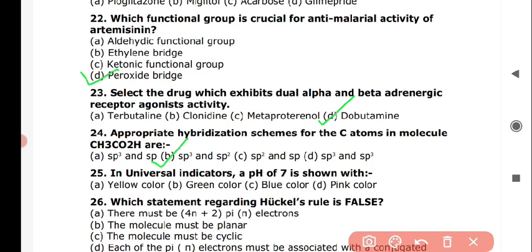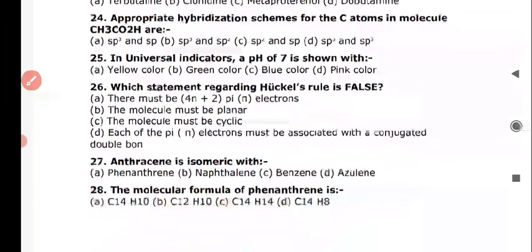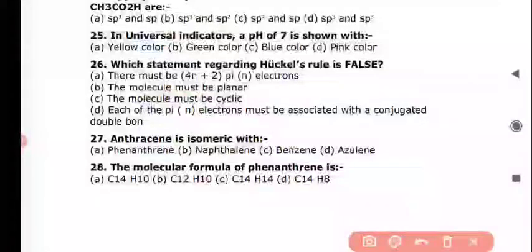Next question is in universal indicators a pH of 7 is shown with, and the correct answer is option B, green color. Next question is which statement regarding Huckel's rule is false? And the correct answer is option D, that is each of the pi n electrons must be associated with a